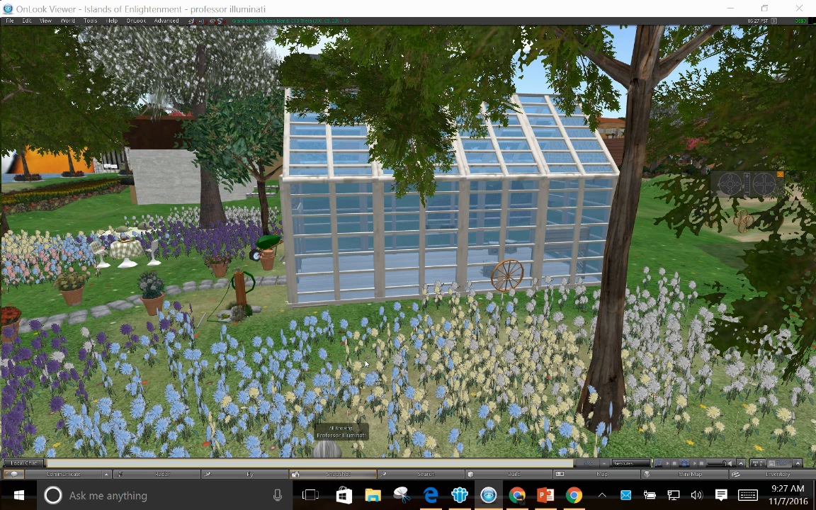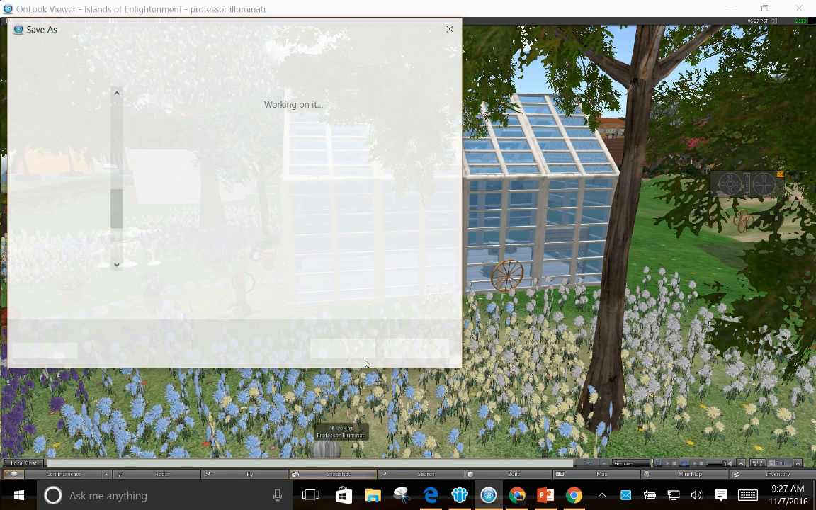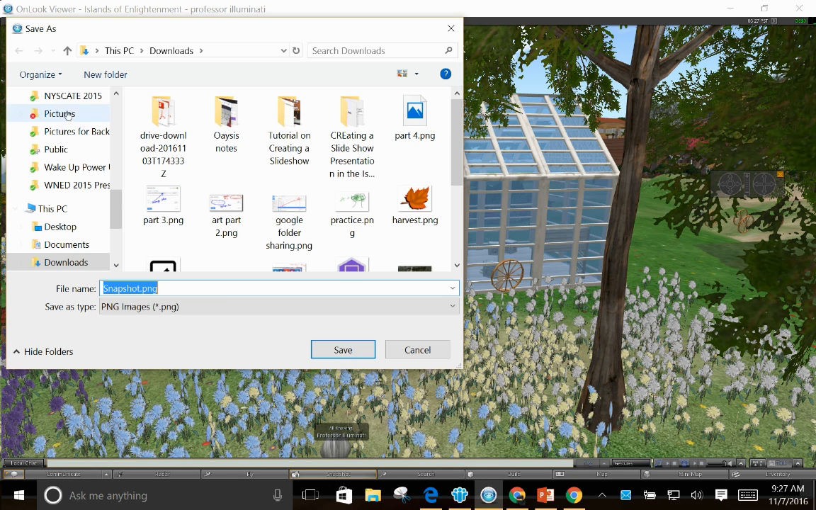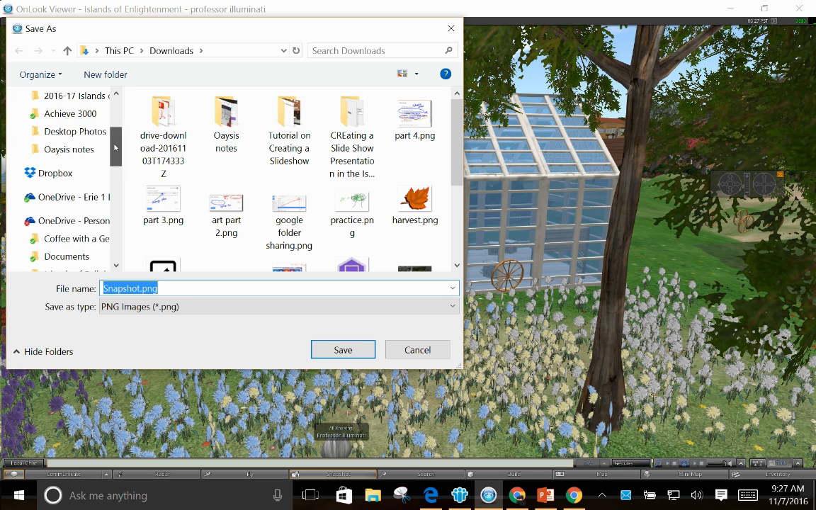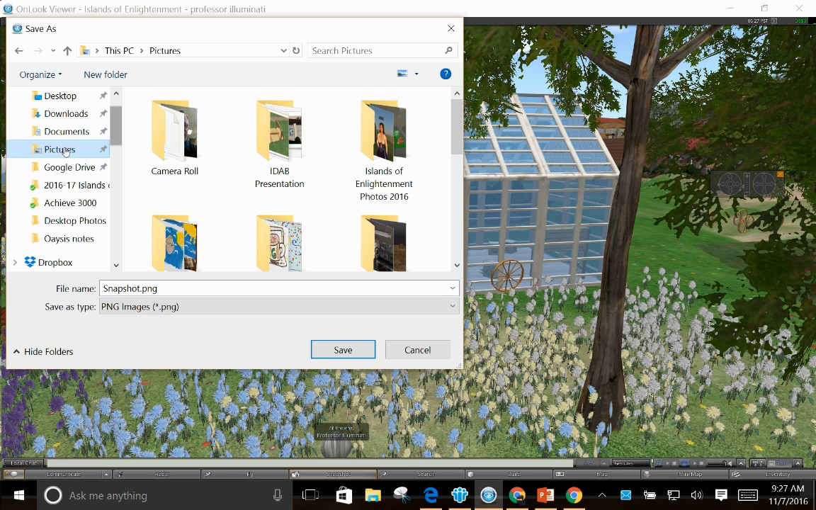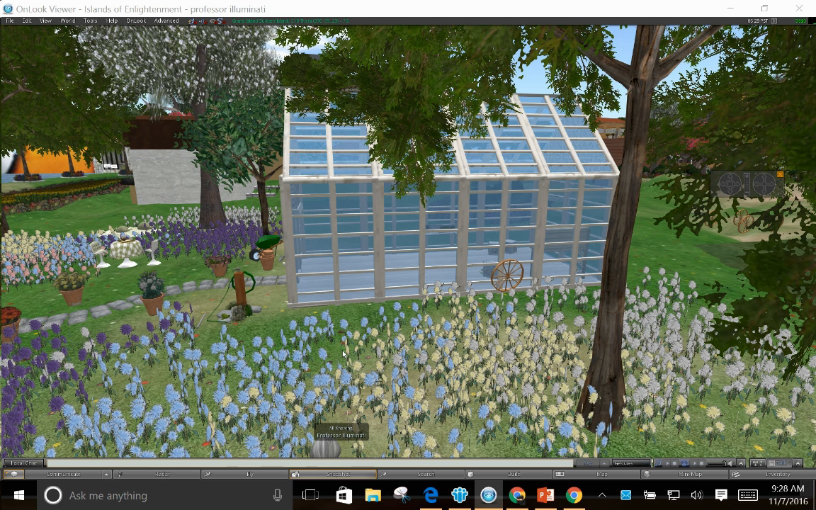something like this, and this will allow you to look at your folder structure on your computer. I'm just going to put it in my pictures folder, and I'm going to call this greenhouse. That'll let me find it for later. I'll just put it in my Islands of Enlightenment photos and click open and save. This will save it to that folder on my computer so I could use it for other things, like I could put it in a PowerPoint, a Word document, something along those lines,